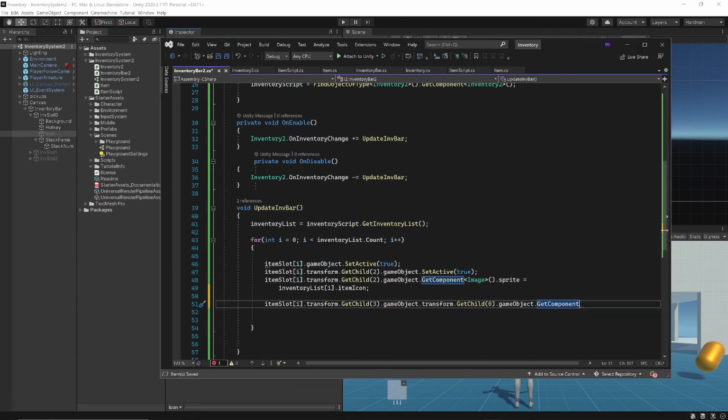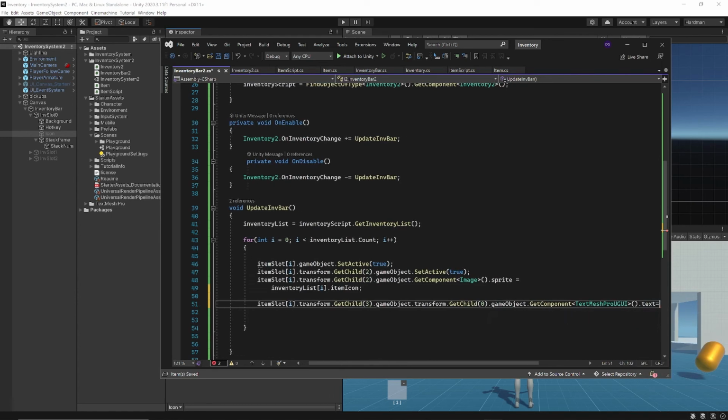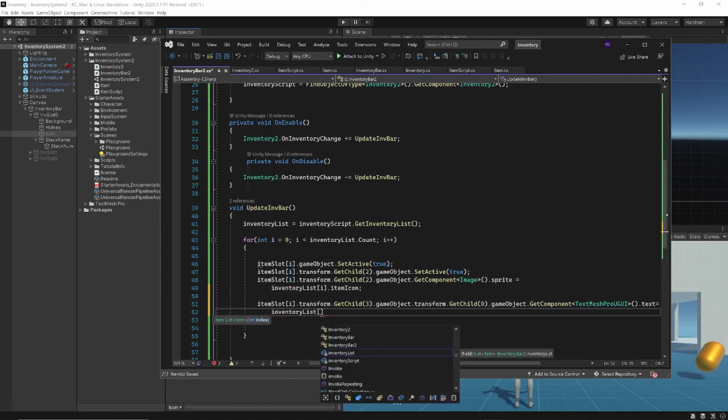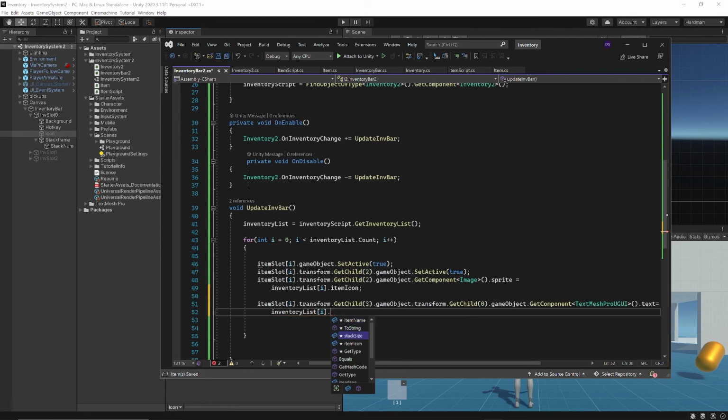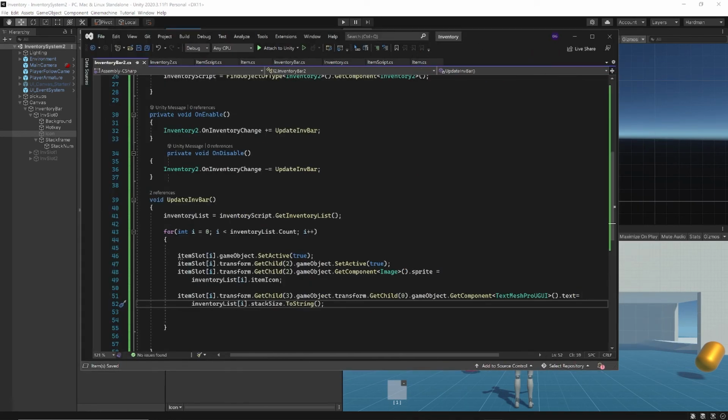So we need to get the component, the text mesh, or the TextMeshPro UGUI, dot text. We're going to set that equal to our inventory list item, and it's going to be stack size. Set that to string. Whoa. Okay, let's have a look. Seems a little more verbose than necessary. I know it's right, but